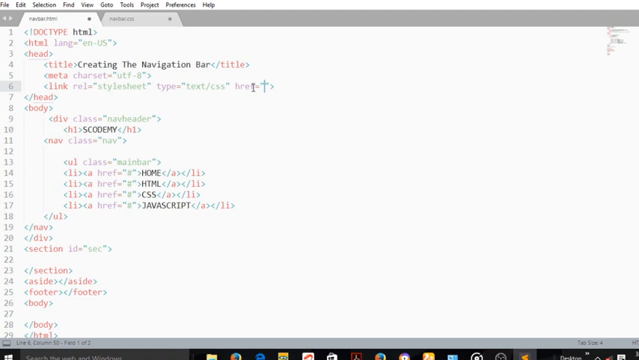So I want to put this style sheet to this HTML code. So this style sheet is saved in a folder called CSS, and I'm going to write CSS because that's the folder. I'll put a / and I'll put the name of the file, which is navbar.css. Now when I save and refresh my browser,